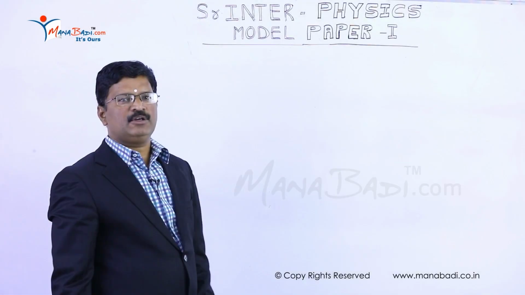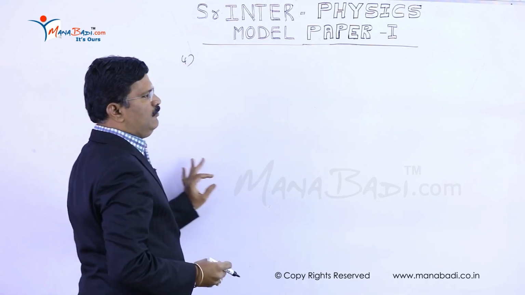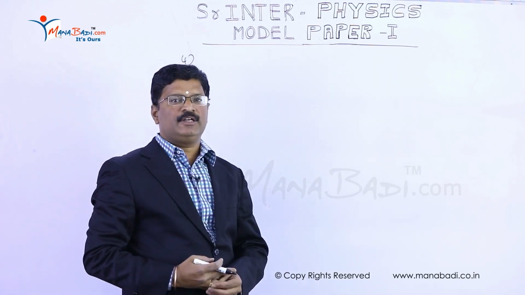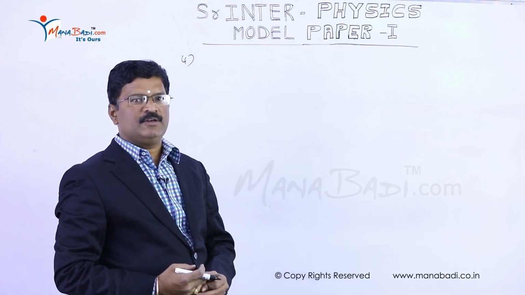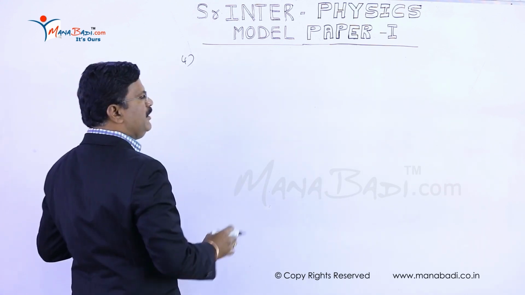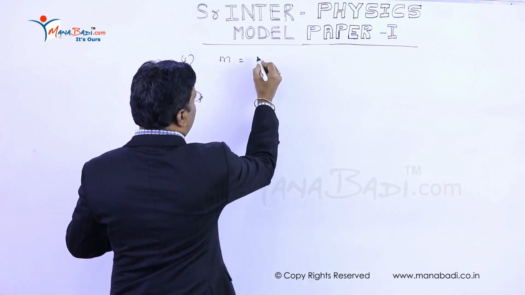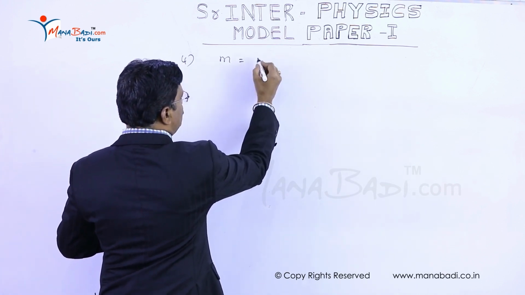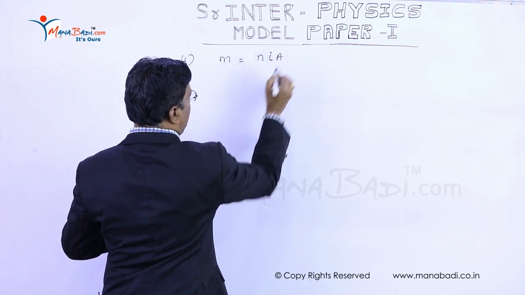Now let us discuss question number 4. The question says: what is the magnetic moment associated with a solenoid? Therefore, here we have to write down the expression for the magnetic moment of a solenoid. The magnetic moment of a solenoid is given by the formula M = N I A,